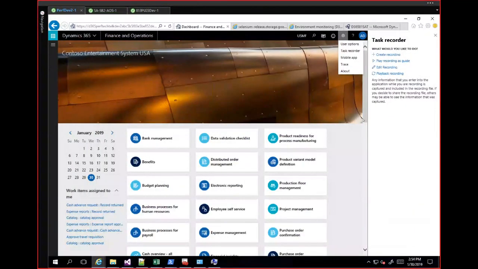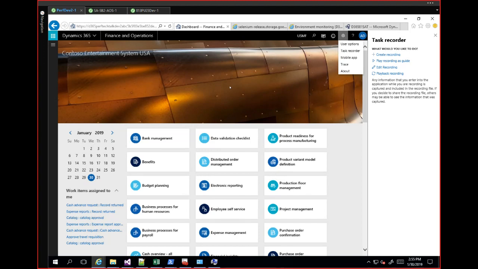So the first step, as we mentioned, is that you need to identify the scenario, you need to capture the scenario. To capture the scenario, basically you are going to use the task recorder. So to do the task recording, basically you go to the FO environment. You can do it in your dev environment. You can do it in your performance testing environment, but just make sure you have the same data in there, so you can reuse those